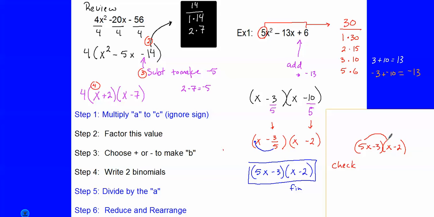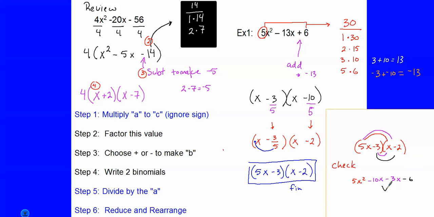I'm going to multiply this, and I will have 5x squared. I will multiply here, and I will end up with negative 10x. I will multiply underneath, which will give me negative 3x. And to finish off the multiplication part, I will multiply here, which will give me negative